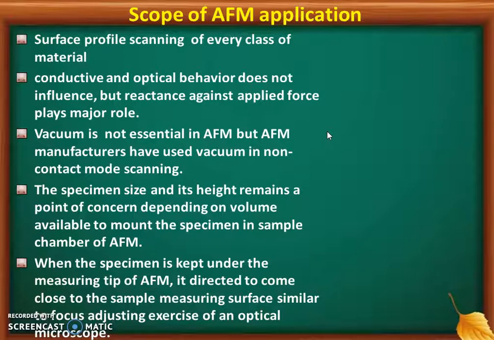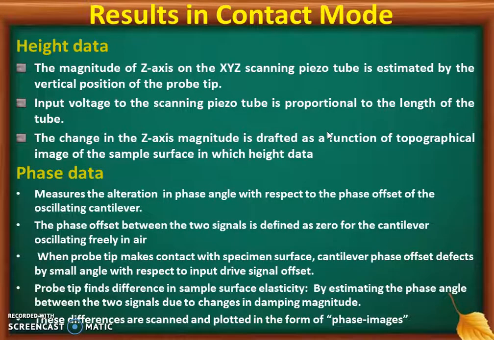When the specimen is kept under the measuring tip of the AFM, the tip is directed to come close to the sample measuring surface, which is similar to the focusing adjustment exercise on an optical microscope. Results in contact mode: height data. The magnitude of the z-axis on the XYZ scanning piezo tube is estimated by the vertical position of the probe tip. Input voltage to the scanning piezo tube is proportional to the length of the tube. The change in the z-axis magnitude is drafted as a function of the topographical image of the sample surface in which